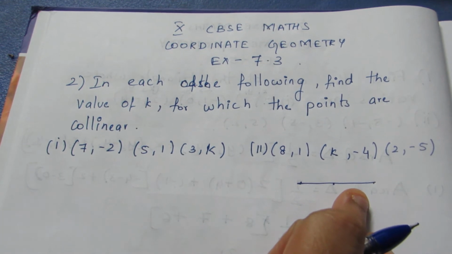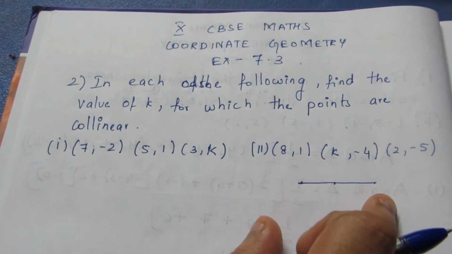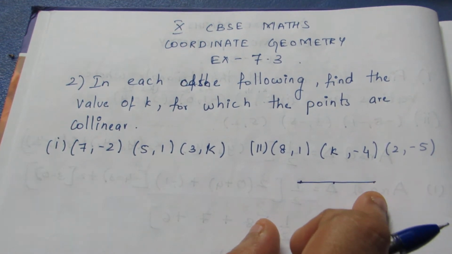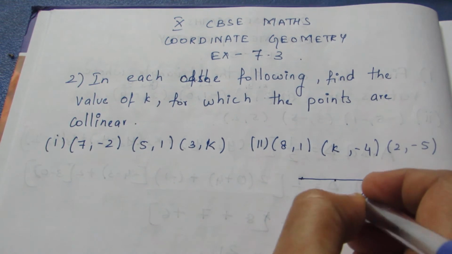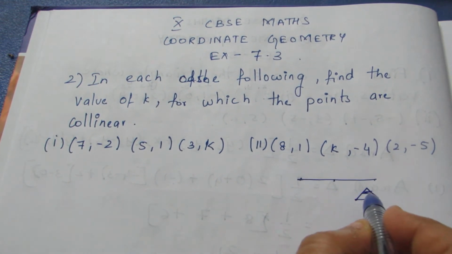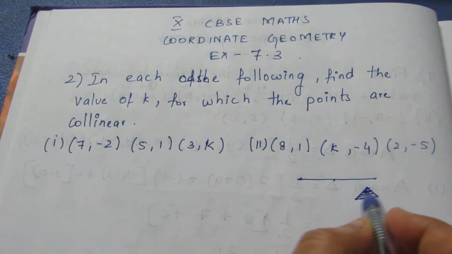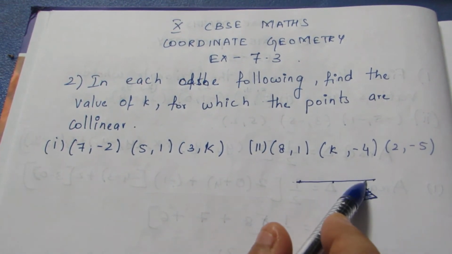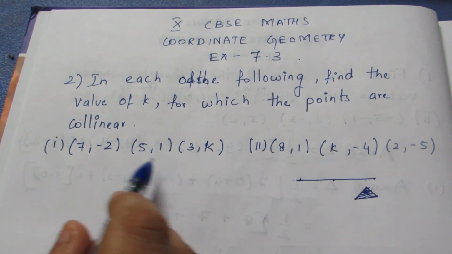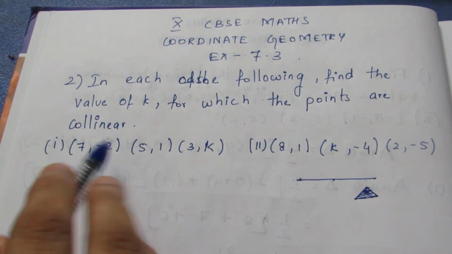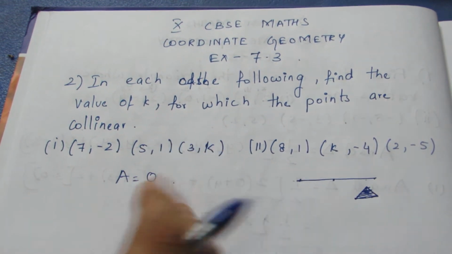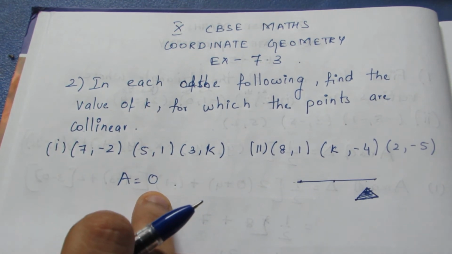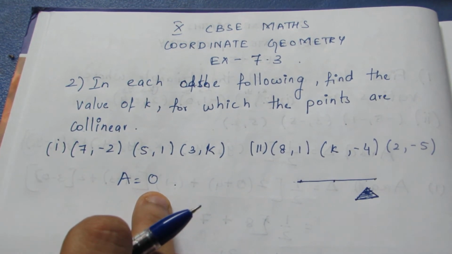We know that in a collinear line there will be no area, so we can go with the area formula. It will be very easy to find if it is given as collinear. Area exists only in a closed figure. Here there is no closed figure, so no area. For collinear points, area is equal to 0. Just substituting in the area formula with area equal to 0, we can find the unknown variable.